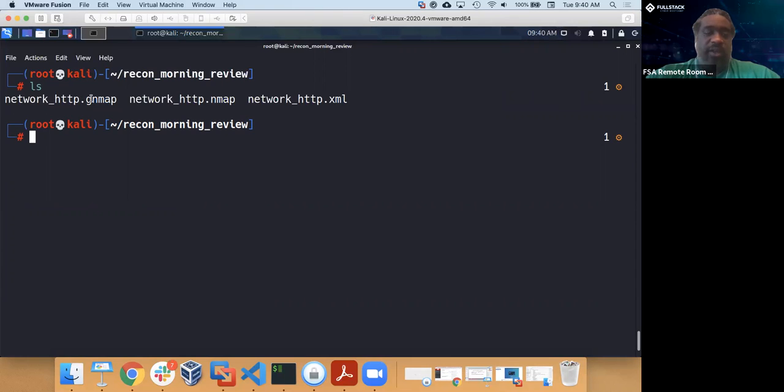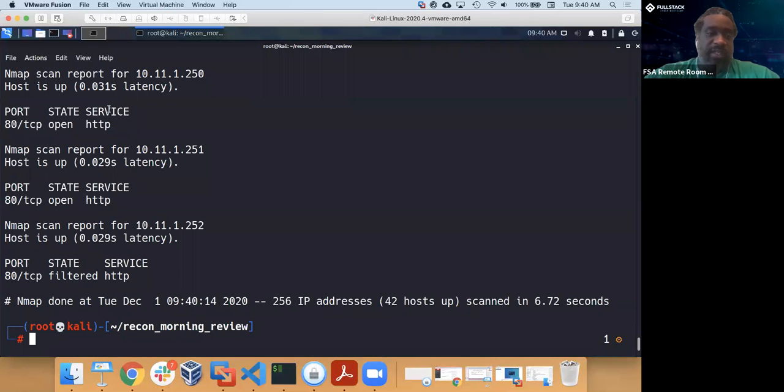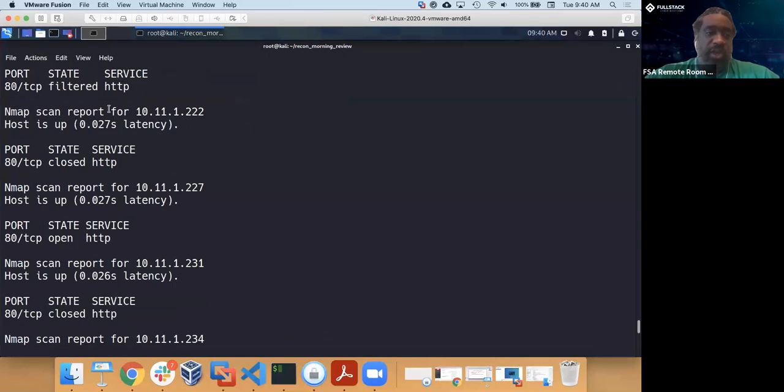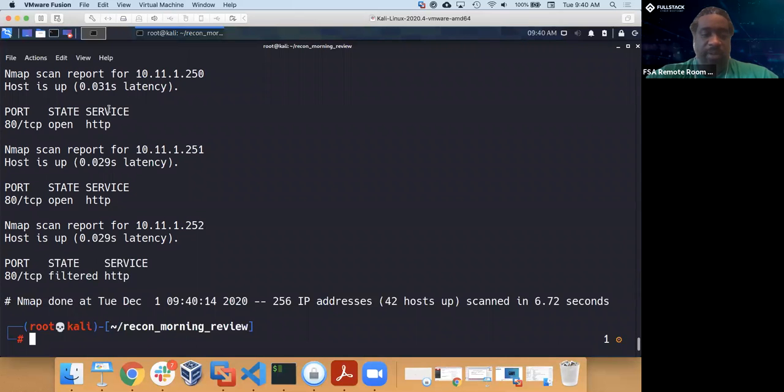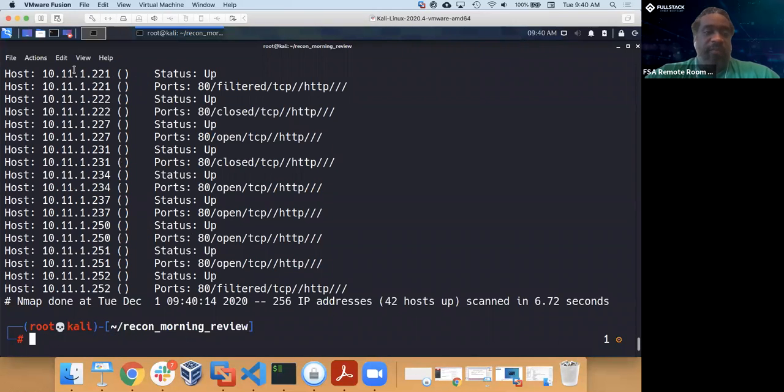We created 3 files: the greppable format, the regular format, and the XML format. We're just going to be concerned with the regular and the greppable format. So if we cat the nmap, we see essentially what was output to the standard out, right? What went to the output. And if we look at the greppable format, we'll get that same information, but now